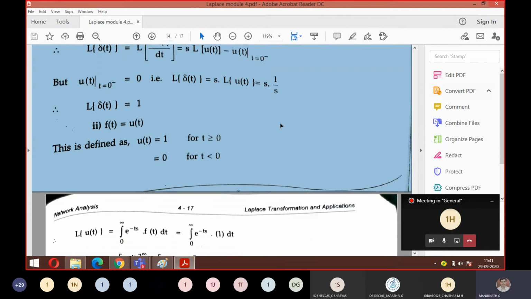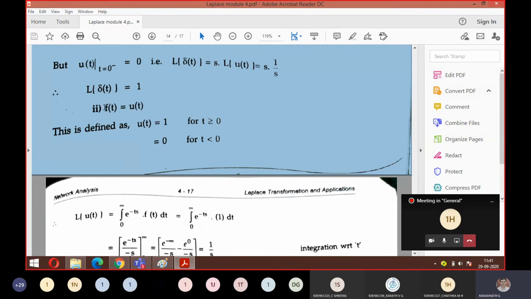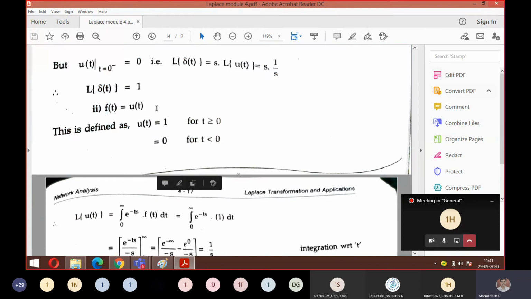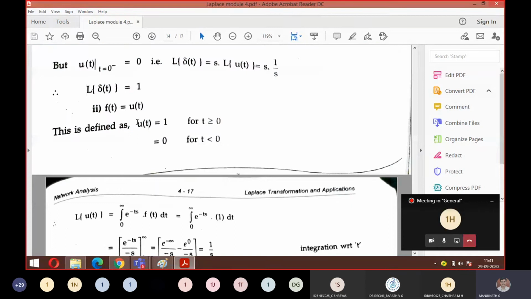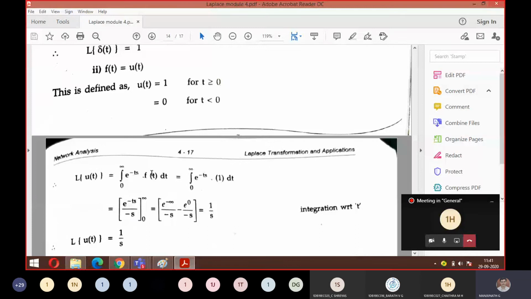Now, same procedure. They are given f of t is equal to u of t. Look at the statement given there, from the definition I showed in the waveform. u of t equals 1 only for t greater than or equal to 0, otherwise it is 0. Correct? So straight away apply it to your formula. Now I can take integration because it is a range, but earlier it was only at 0, and only at 0 means no integration concept.